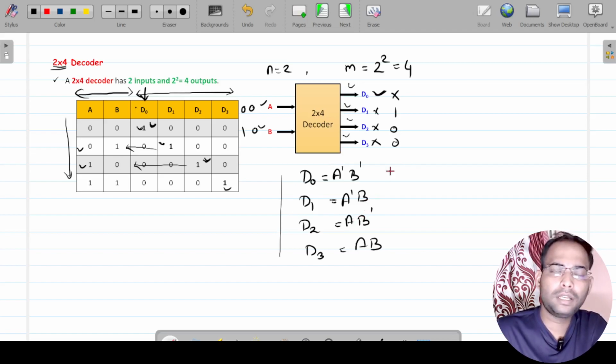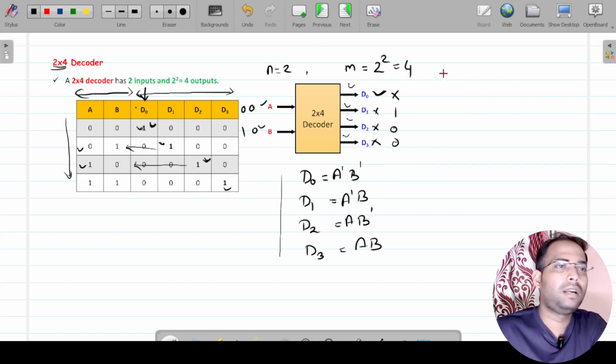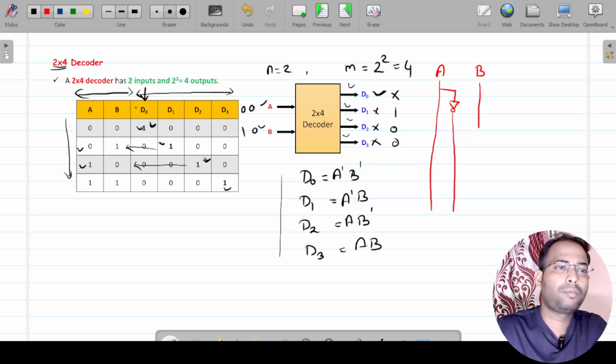Now how to draw the circuit? Drawing the circuit is very easy here. I'll take one variable as A, so this is one single line for the A input, and as we need A dash also, I am taking a NOT gate and drawing one parallel line. Next input we have is B. For B the input line I'll draw like this, and because we need B dash also, I'll put a